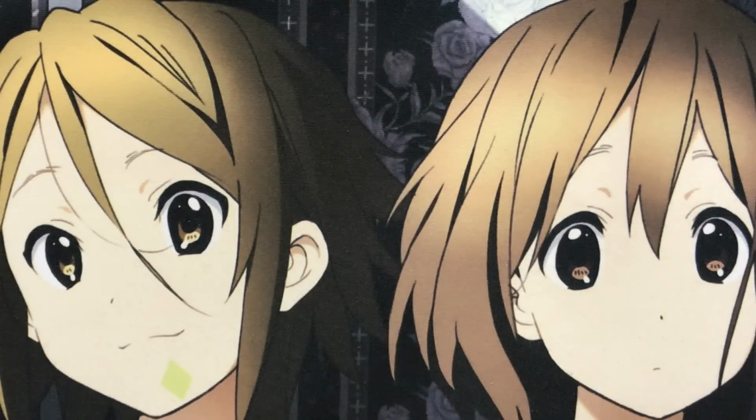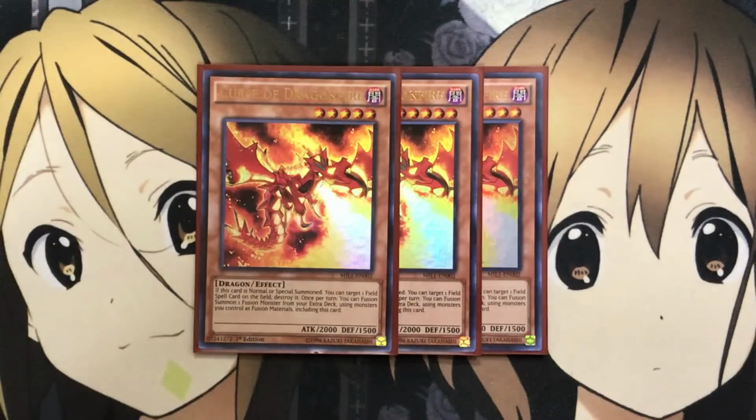But just like Lord Gaia the Fierce Knight, we also have Curse of Dragon's evolved form, I would call it, and that is Curse of Dragonfire, a level 5 monster with the same attack and defense as Curse of Dragon, but with an effect, which is all the better. If this card is normal or special summoned, you can target 1 field spell on the field, destroy it, and once per turn, you can fusion summon 1 fusion monster from your extra deck using monsters you control as fusion materials, including this card. So the field spell is an added bonus, just going off of the Burning Land effect